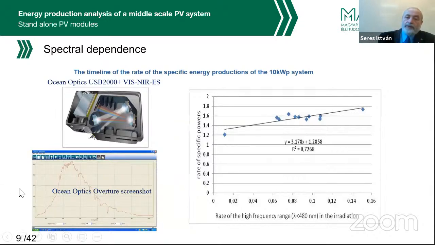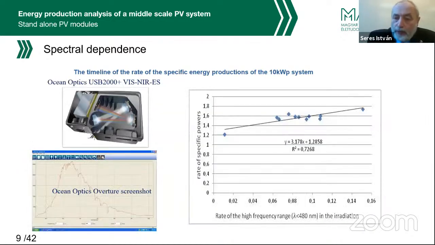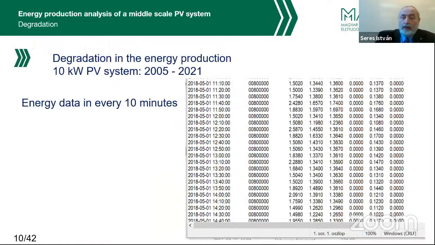So we were analyzing the spectral dependence for the different technologies. For example, in this given example that I showed you, there was a seasonal effect in the rate of energy production of the different technologies. We could see that the amorphous silicon modules are more sensitive to red and infrared radiation than the polycrystalline ones. We did a lot of measurements, and some students' work, some diplomas, was made of this. So I think it was very useful for education as well.